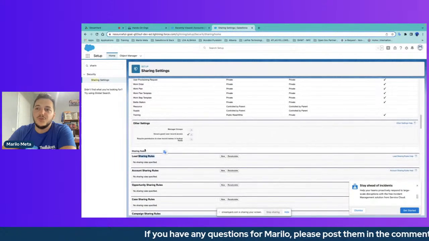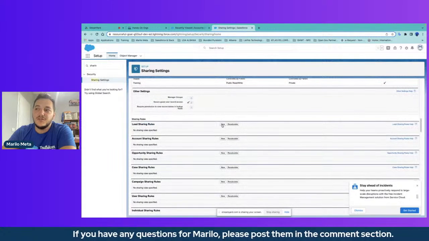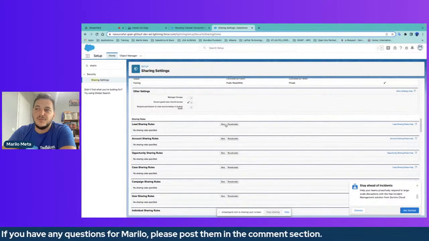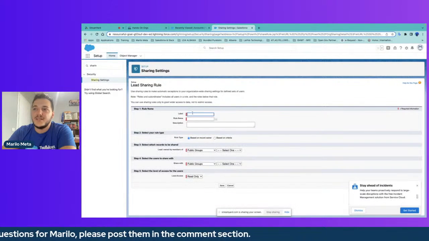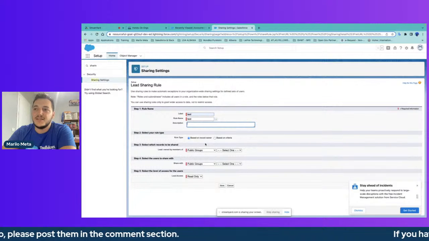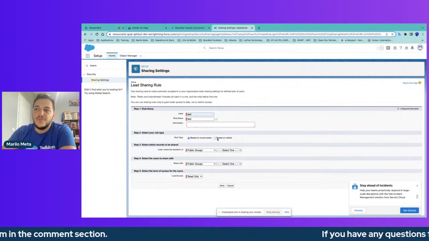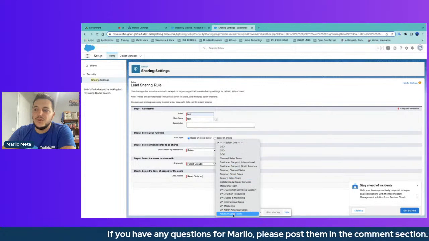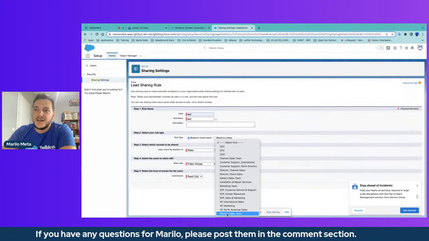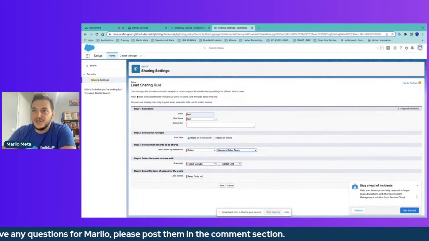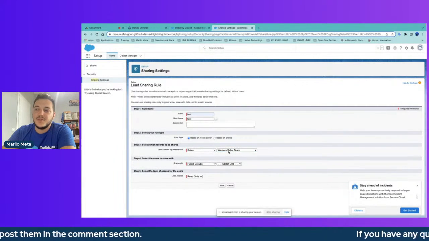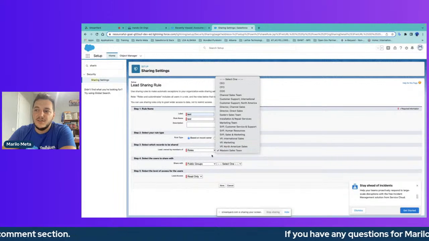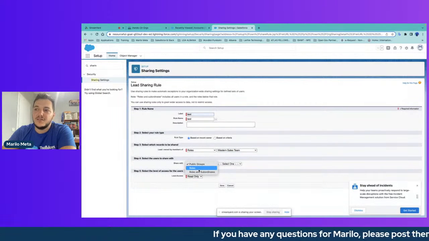You need to create a new sharing rule for leads. So I want the leads from, let's say, test. So based on record owner or based on criteria. If you make it based on record owner, you want to share the records of the lead object. We are in the lead object, don't forget that, from the users who have this role